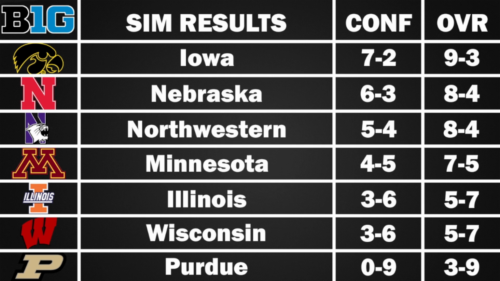And the number 1 was Iowa, 7-2 in the conference, 9-3 overall. And again, they wound up winning the Big Ten championship, which was a bit of a surprise, especially over Ohio State. They beat Utah State, Western Michigan, Penn State, Michigan State, Purdue, Wisconsin, Northwestern, Rutgers, and Illinois. Their only losses were to Nebraska and Minnesota in the Big Ten, and then they also lost to Iowa State in the non-conference. So that wound up putting them at 9-3. And again, you saw it at the beginning of the video, Iowa beat Ohio State in the Big Ten championship. So some of this is kind of crazy,